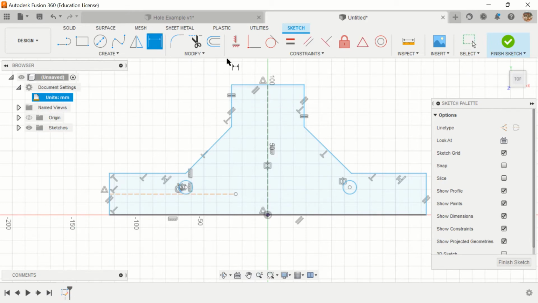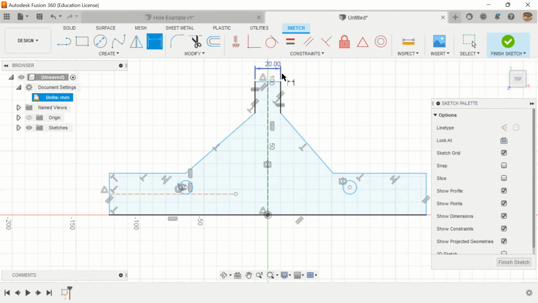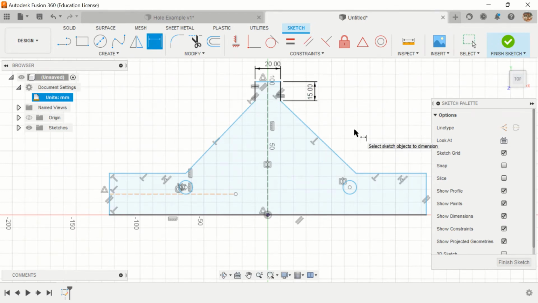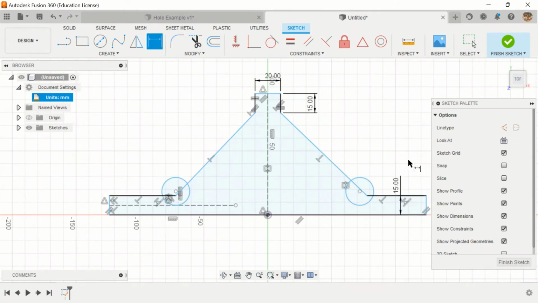All right, dimensions. So this is supposed to be 20 millimeters. So that did not mess with it too much. We want this to be 15. Okay, that's still okay. This down here is supposed to be 15 also. I don't really want it there. That's a bad spot to put it, but